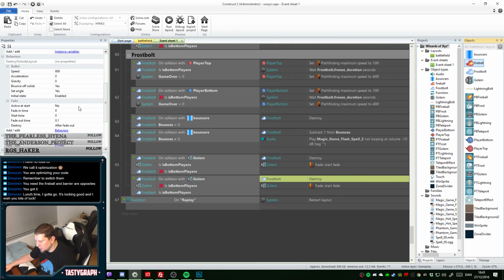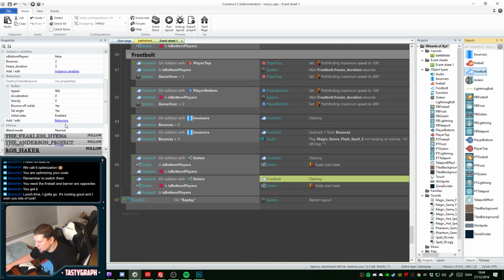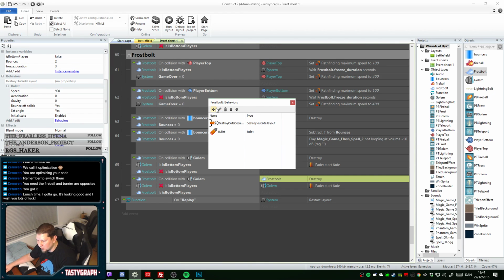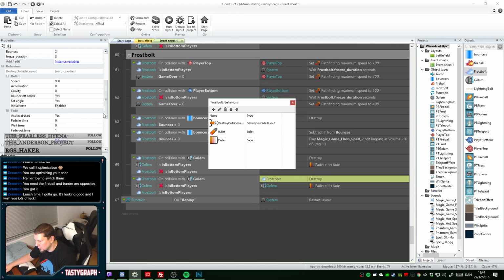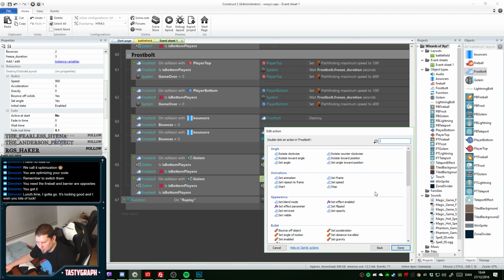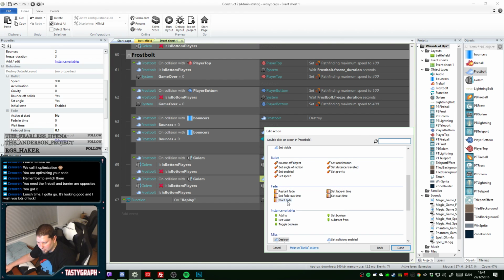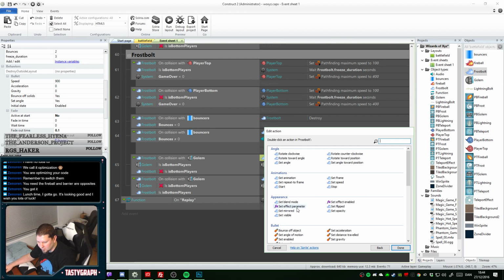Does this have fade? It does. Good. Does this have fade? It does not. So let's add fade. Boom. It needs to be disabled from the beginning, and the duration needs to be 0.1. And then it gets destroyed after the... So, I can do this. I can start fade. And